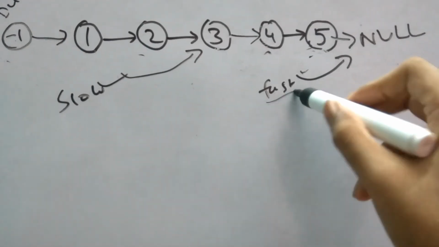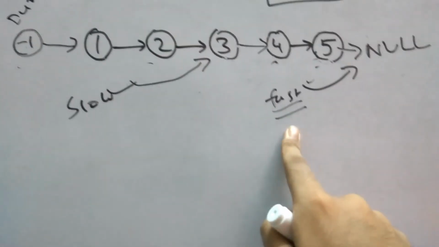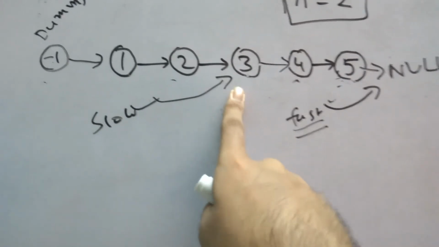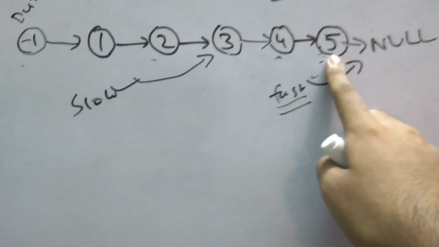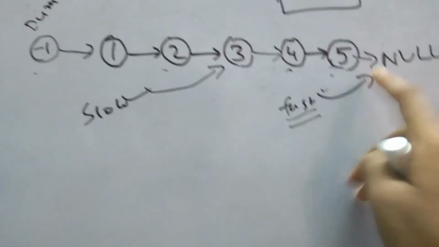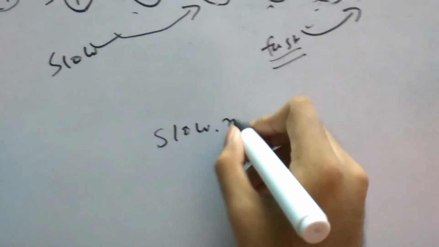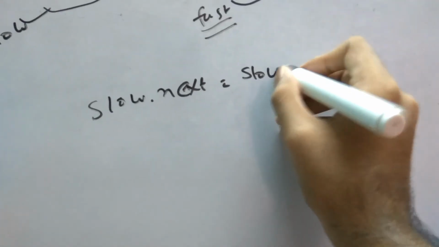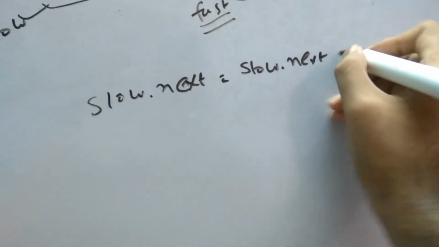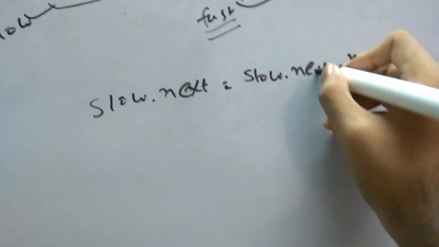Whenever we hit null at the first node, we know this node is the nth node from the end. So we just have to make slow dot next